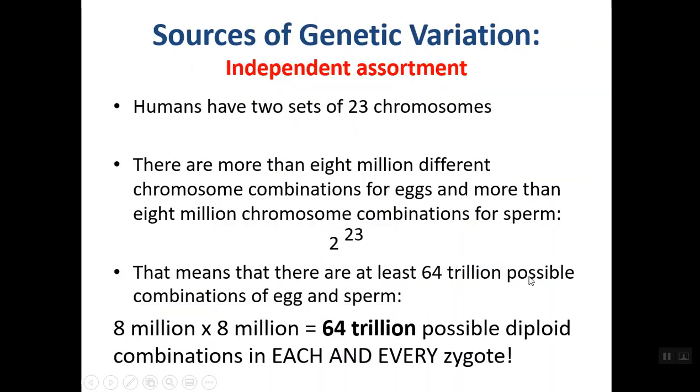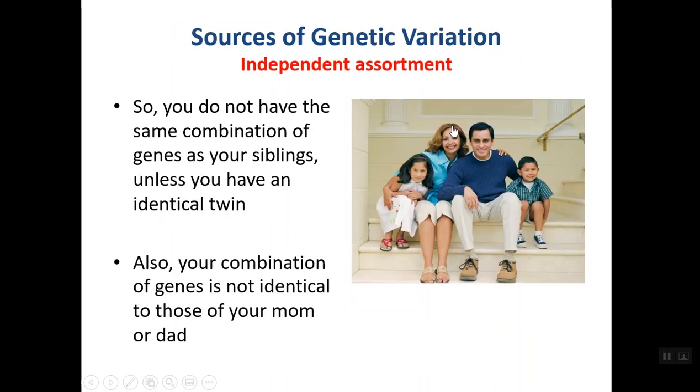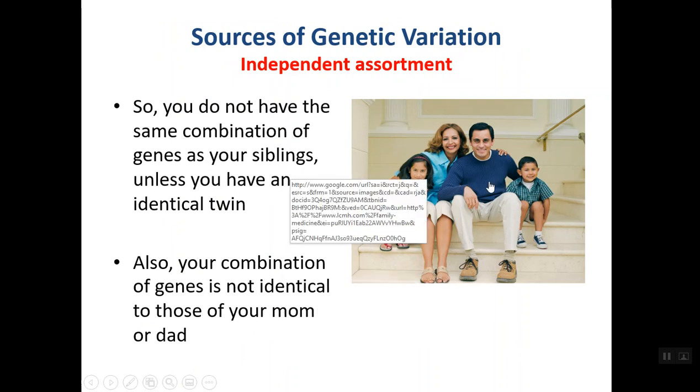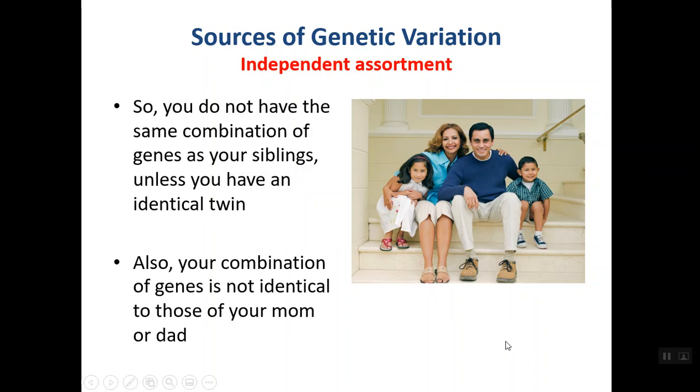All right, so guys, again here there are summary slides that reinforce what I told you. Humans have 2 sets of 23 chromosomes, so more than 64 trillion possible offspring of 2 parents that mate over and over. And of course, this ensures again that no 2 siblings are ever going to be identical, with the exception of identical twins, but identical twins are